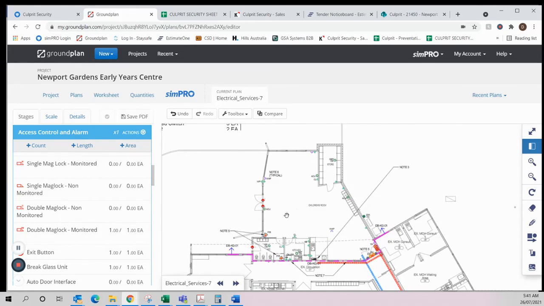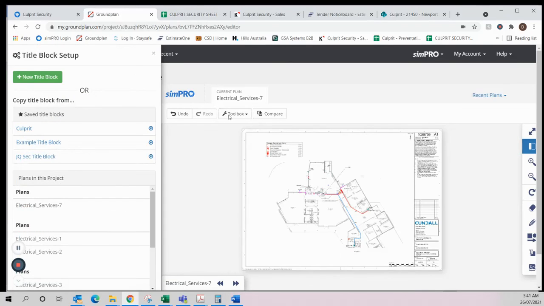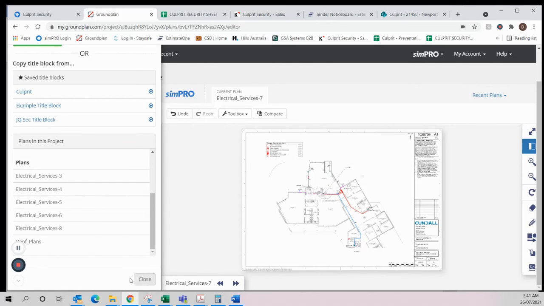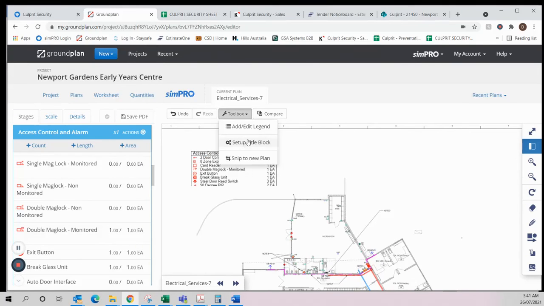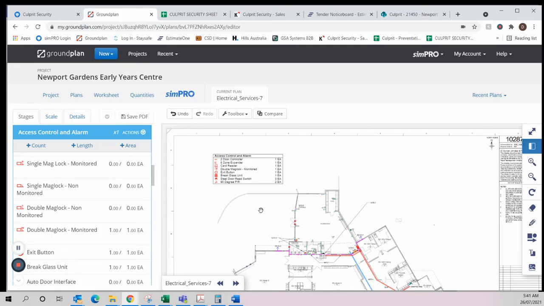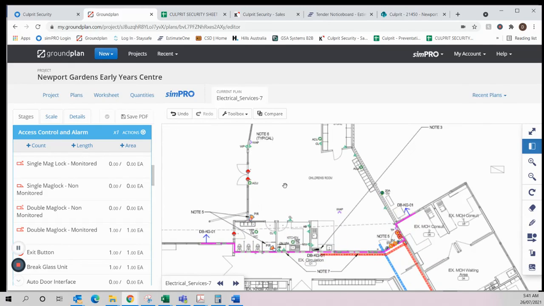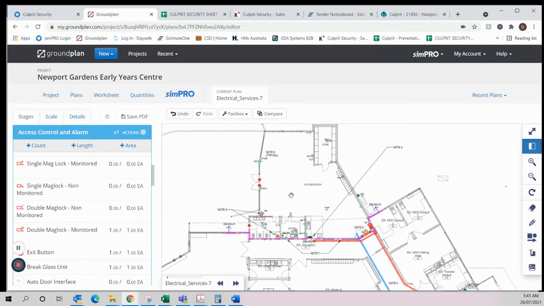So that's the takeoff up to date. Just added, oops, wrong button. So obviously if you were doing this prior to pushing it across into Simpro, you could